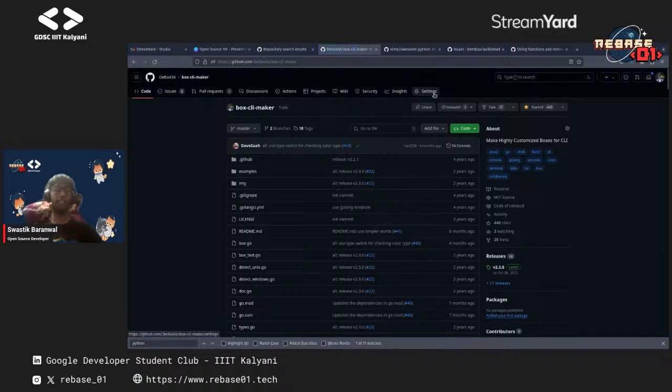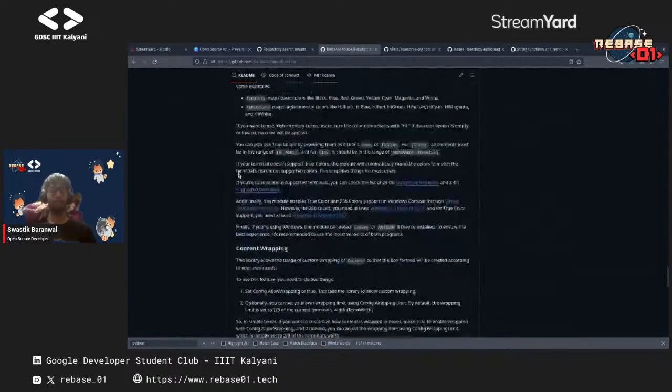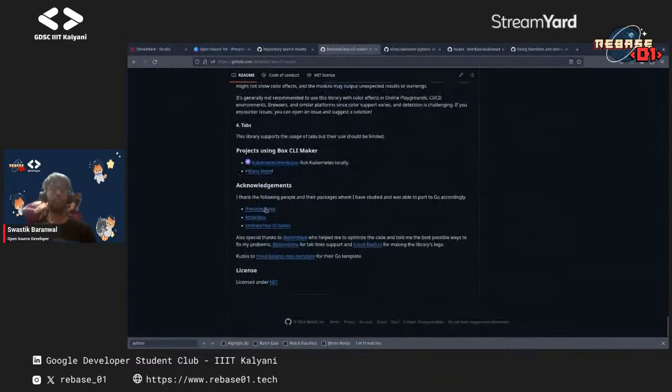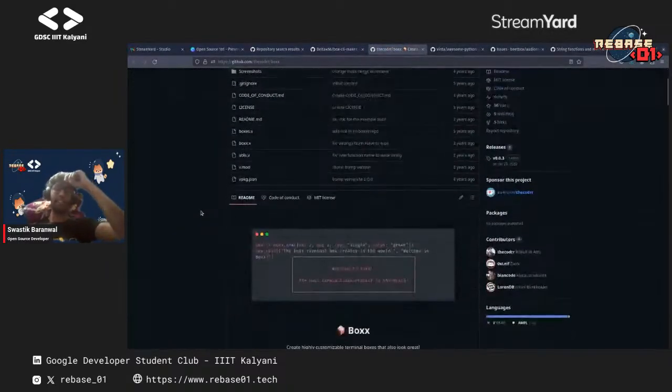Okay, so this is my project, Voxeli Maker. This has around 448 stars, which is a self-paced project, but I ported it from another language. So this was a language I was interested in.